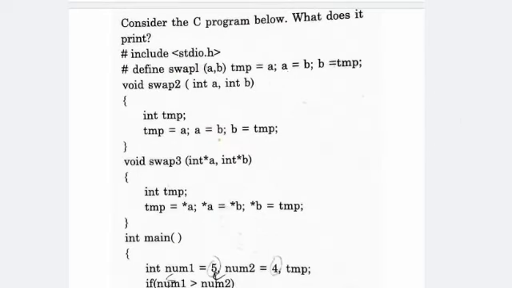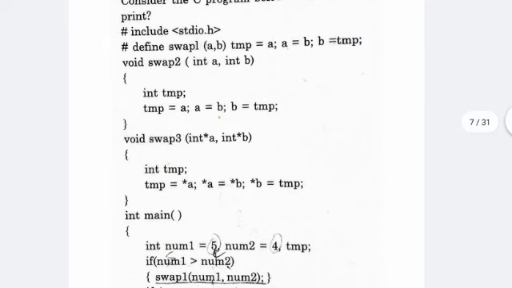Consider the program below. What does it print? It includes stdio.h, and defines swap with a, b: temp equal to a, a equal to b, and b equal to temp. Here void swap2 is given two integer parameters a and b, using temp equal to a, a equal to b, and b equal to temp.